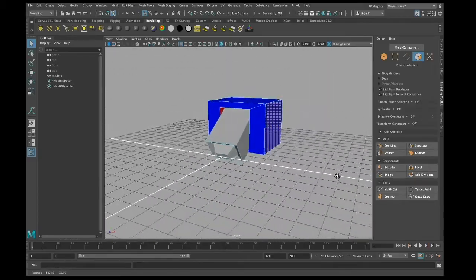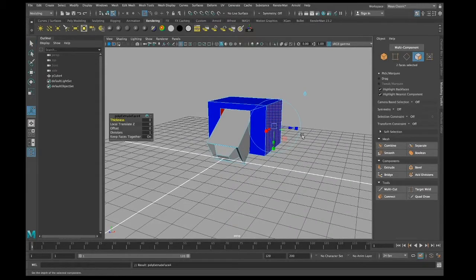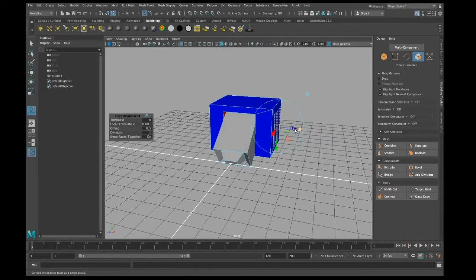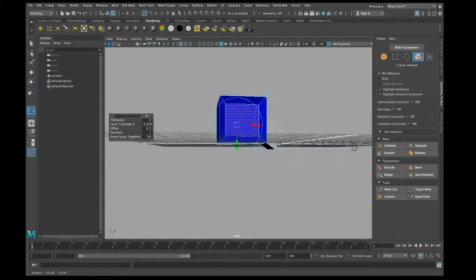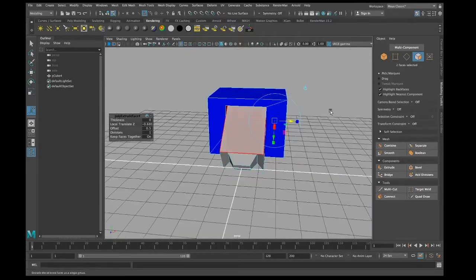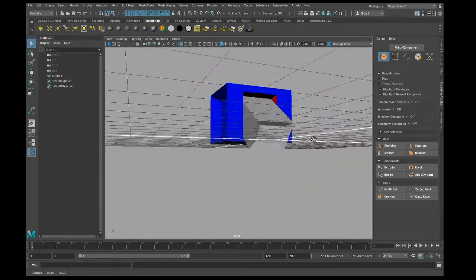Okay, do Command E, I add a little bit of offset, and then you see, in a symmetrical way I'm trying to extrude, so I extrude on that side but also the other side too in a symmetrical way. And I go back to the object mode, and as you can see,